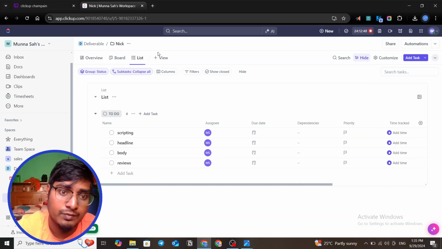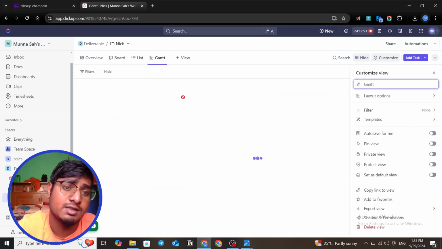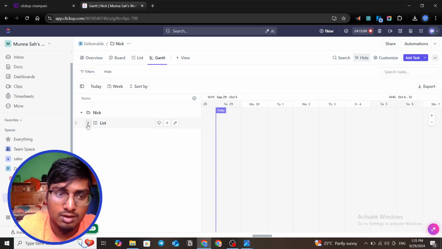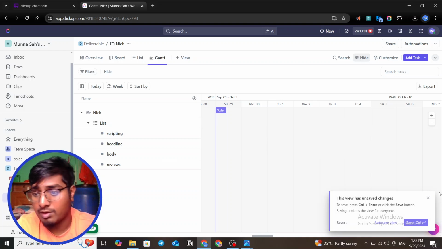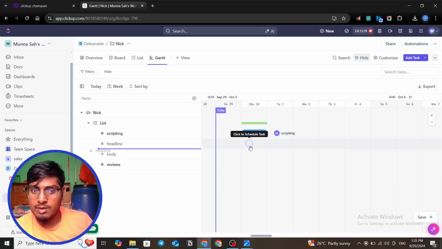So what do we do? There is a view, there is a Gantt chart. So we use a Gantt chart. What do we do here? Now see how easy it is. The manager knows the project came yesterday and we have to deliver on Sunday the 6th. So you can just click and scroll here so that the script happens this day, Monday. After one day we do